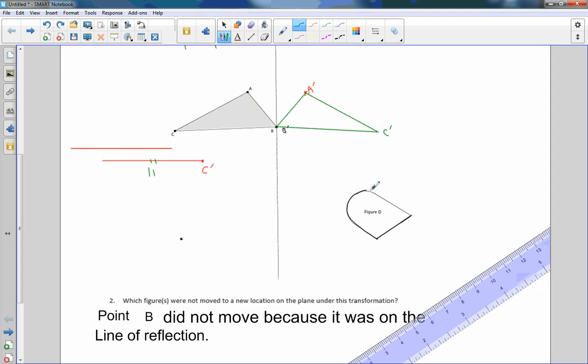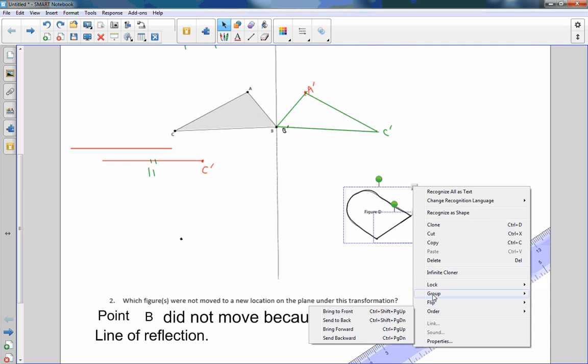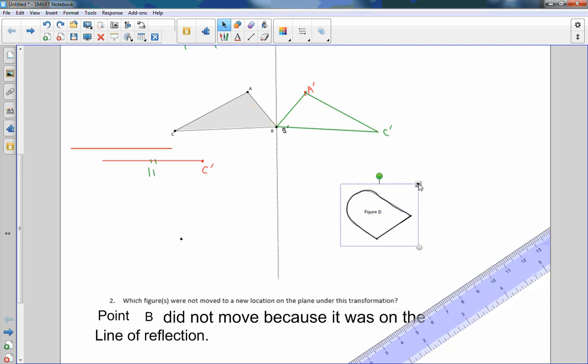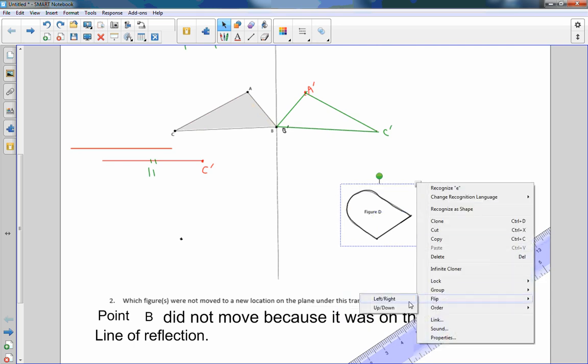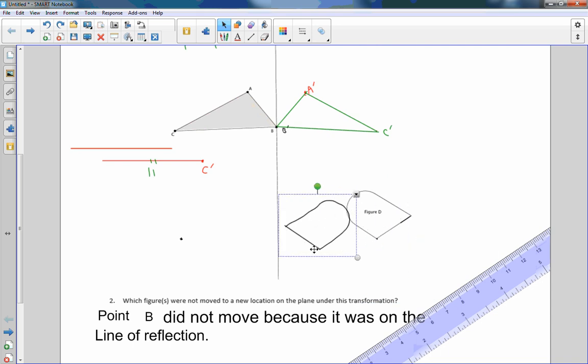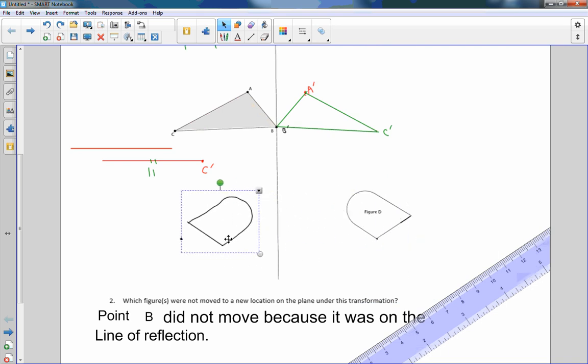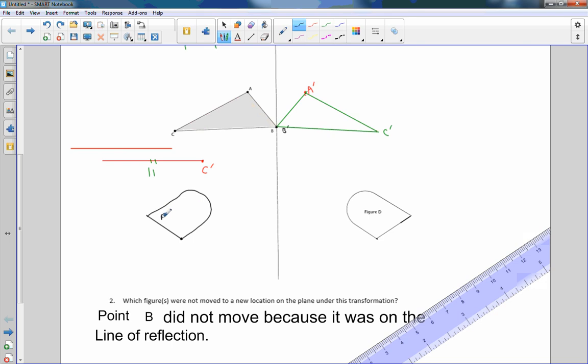Really careful to try to stay on that line. Went off a little bit there, but not bad. Okay, so now I'm going to make that one figure. And I'm going to flip it left to right, which is a reflection, and I'm going to move it over so that that corner that I marked and measured is right there. So that would be figure, and since it's the new one, it's figure